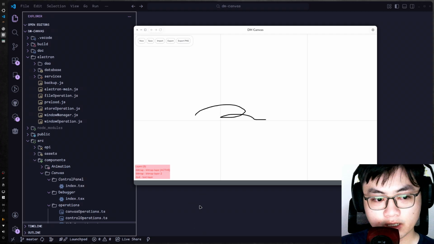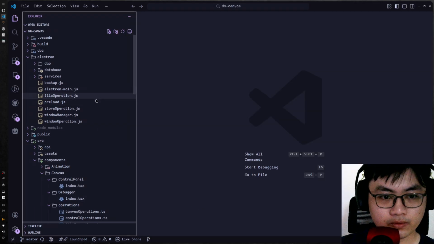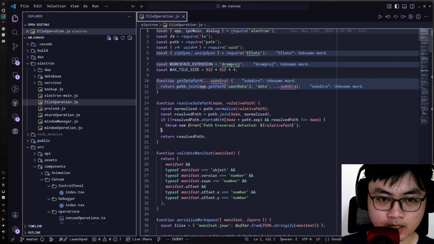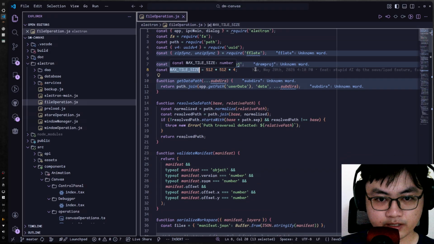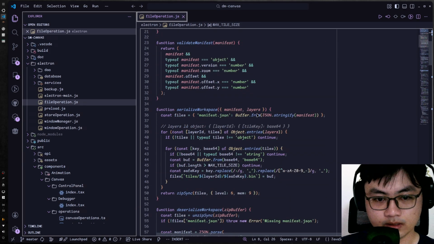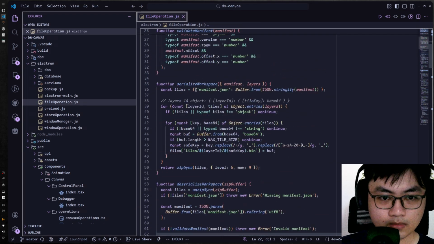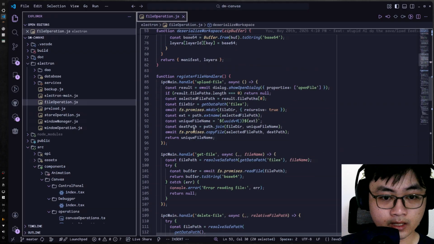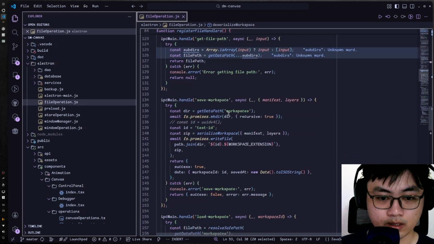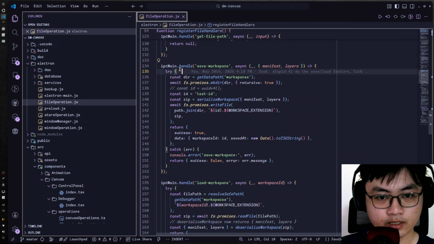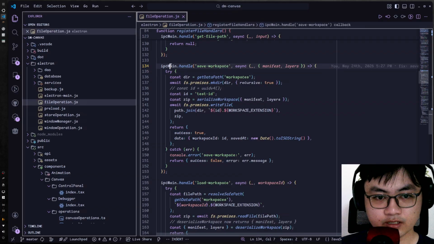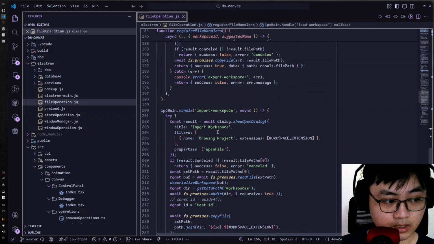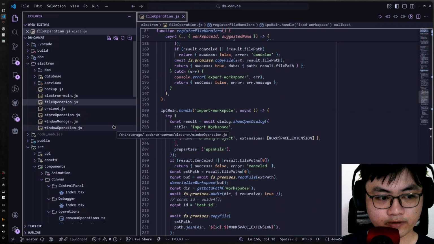So how did I do that? I do it with Electron with the file operations. I have the tile system, and it will serialize and deserialize for the save file, and save space function IPC and a lot more. So Electron is for working with files,